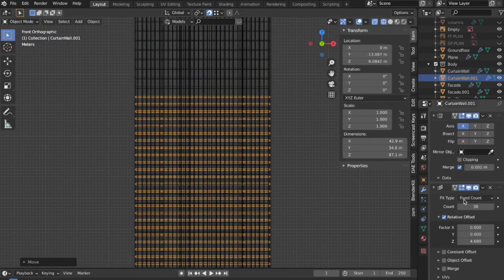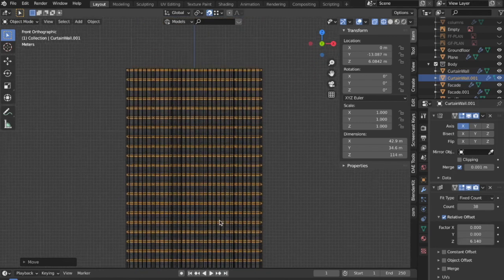I'm going to the wireframe mode in the front view and give it the correct offset.